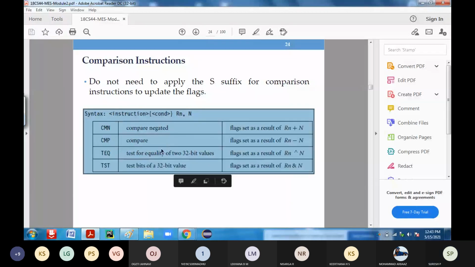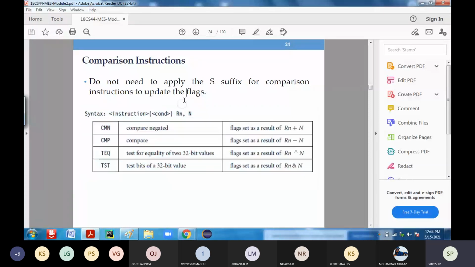Then you can see here how many operands there are. It's only two operands, which you have to keep in your mind. So you are going to have two operands here, and you have to go through that.